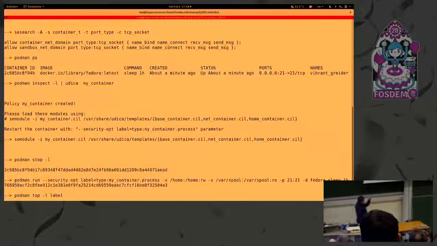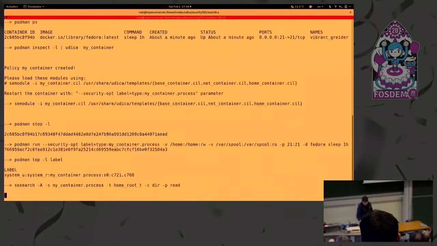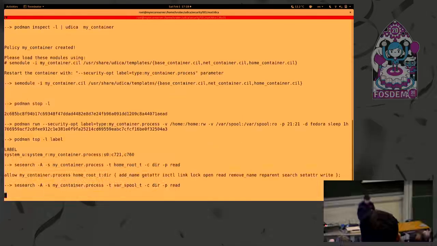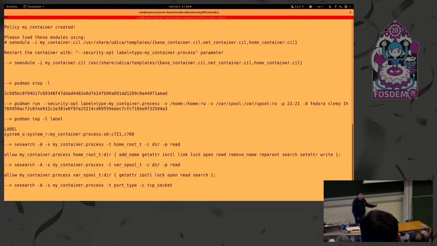Perfect, and we start the container again, but with the following parameter, which says to start the container with the following SELinux label. And as we can see, it's not running as container_t, but as our custom SELinux type. And we run sesearch again, and as we can see, the allow rules are now there, right? So this container can